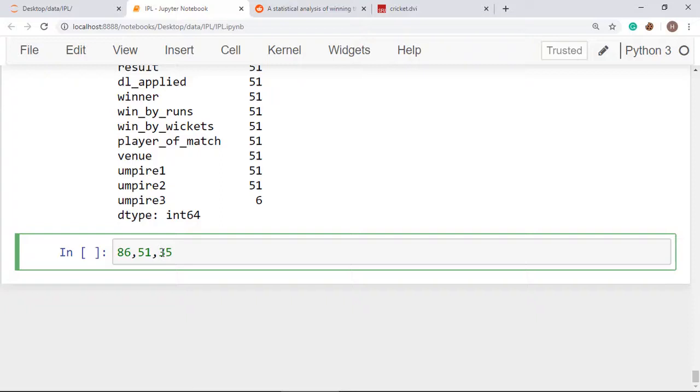Then you can say that there is a higher chance that when Mumbai Indians is batting second, the team can win the match. All right, you can conclude your decision here now by considering the percentage. So you can use here like win percent. Okay, so how we will be considering win percent when they are batting second?